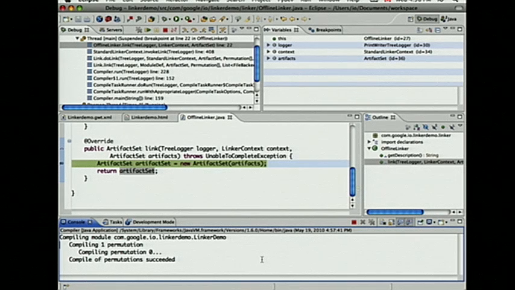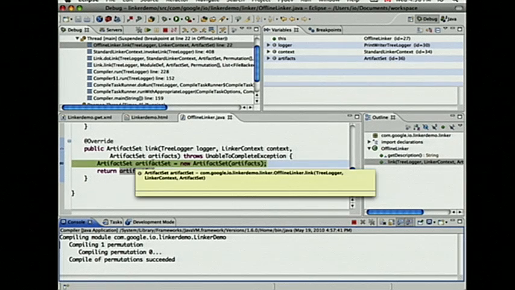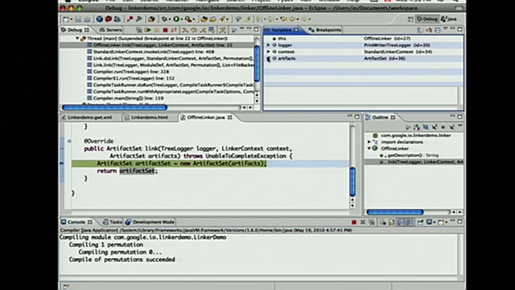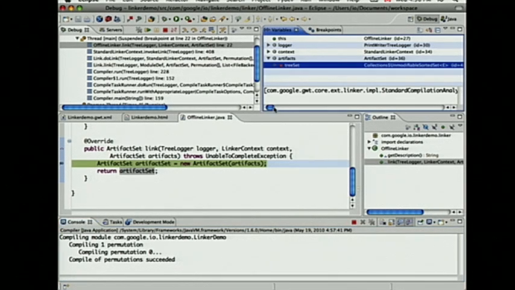So I've actually set a breakpoint in the GWT compiler at the point where it's invoking my linker. You can see here the stack trace is full of GWT code, compiler, the link, standard linking context, and finally the offline linker. Now, if I take a quick look at this artifact set that's been passed in,